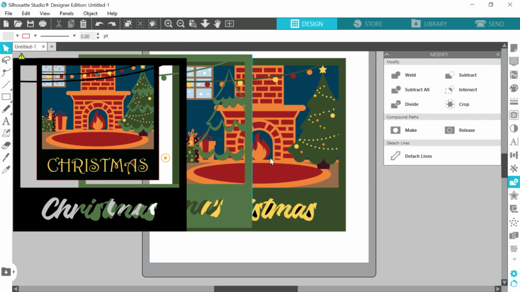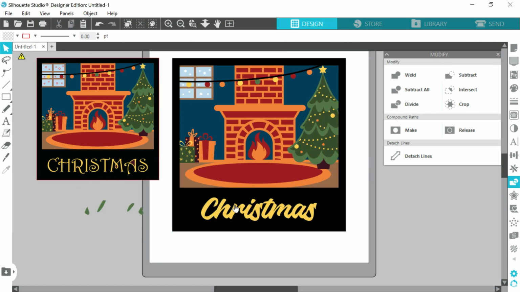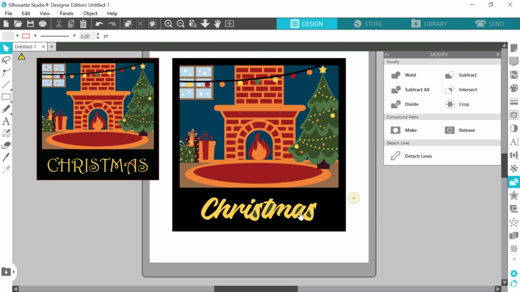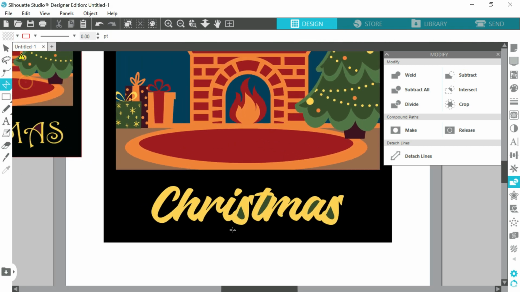You may see some characters leave the inner piece after subtracting, and they are not connected with the layer. You have 3 options to solve this problem. First, cut them out and then glue them on layer 4 or just remove them if they are too small. Second, subtract them from layer 4 and you will see them in the color of layer 5. The last option is to draw something to connect them with layer 1.